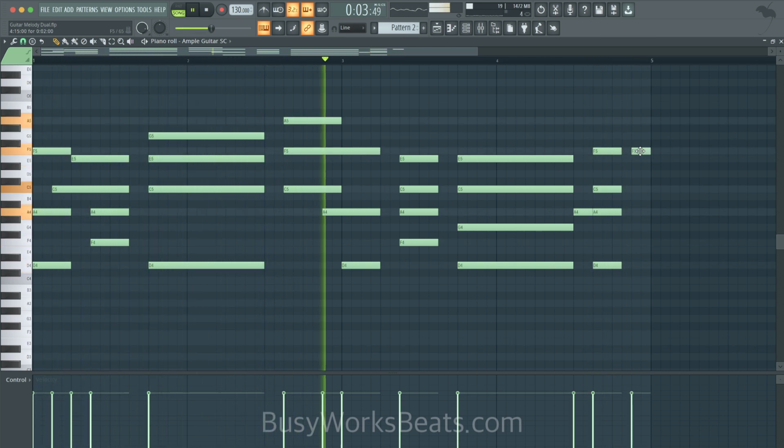Okay, so I'm taking notes from the next chord, which would be the F up top. Too much of a jump, I think. So again, group the notes that are similar. And in this last chord, I'm just going to drag it out.